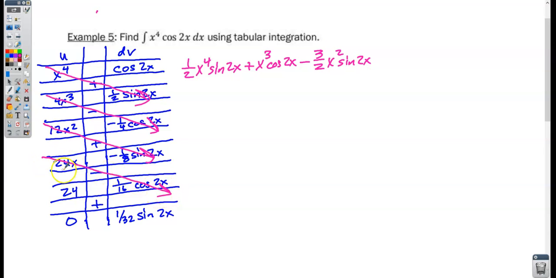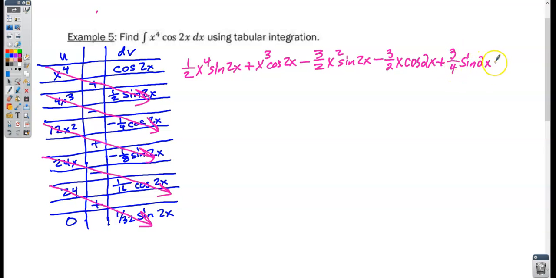My next diagonal, 24x times a minus sign times 1/16 cosine of 2x. It's minus 24 over 16, which is again 3/2. Multiply down here, 24 times a plus sign times 1/32 sine of 2x. So it's going to be a plus sign, and then 24 over 32 is 3/4